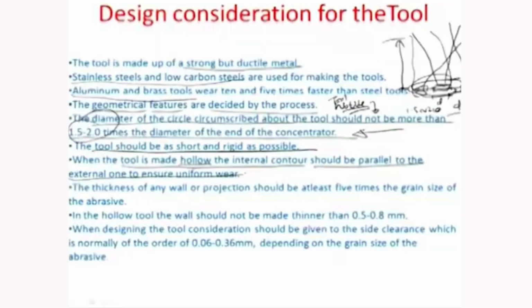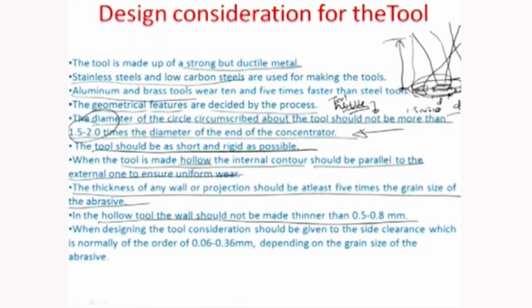The thickness of any wall or projection of the concentrator should be at least 5 times the grain size, so that the abrasive does not indent and produce a hole on the concentrator. That should not happen. So the thickness of any wall or projection should be sufficiently thick for the grain to not indent and create a hole. In the case of hollow tools, the wall should not be made thinner than about 500 to 800 microns,